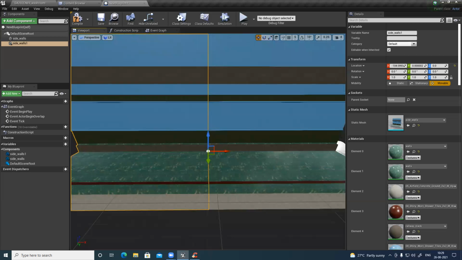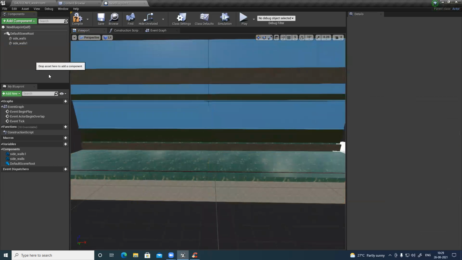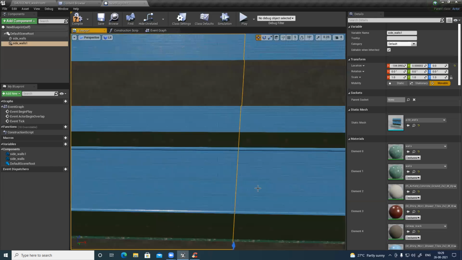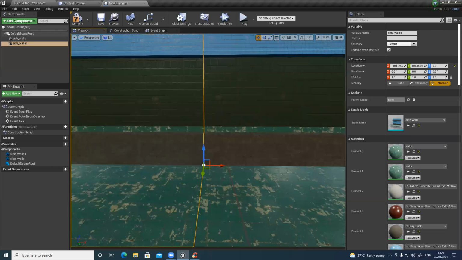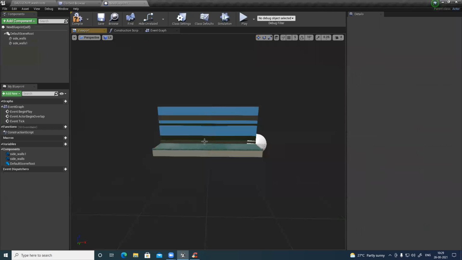My UV is not straight. So I can see there's a slight gap. So I have to make sure there's no gap, nothing. Align it nicely. So once you're done with this, you can have multiple models and everything.